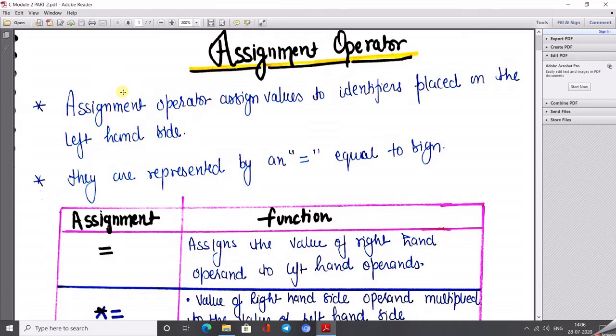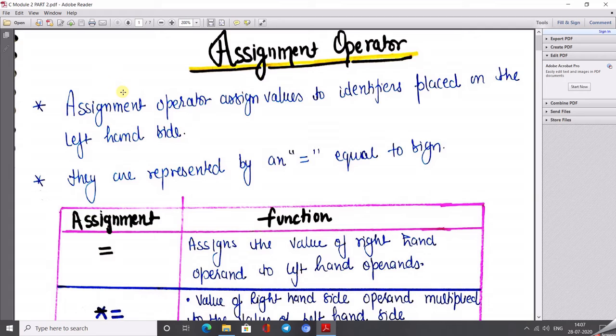Now we come to the assignment operator. Not much difference occurs between the arithmetic operator and the assignment operator. Basically, the writing style of calling those operators changes. Like in the arithmetic case we perform the addition, so I write a plus b only.